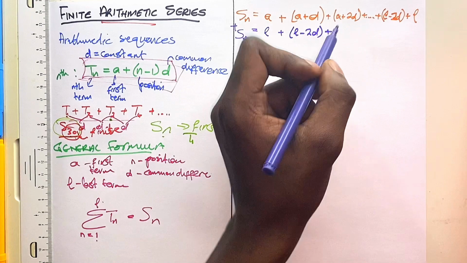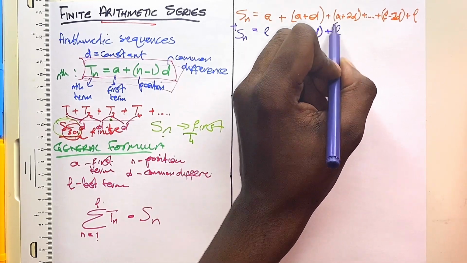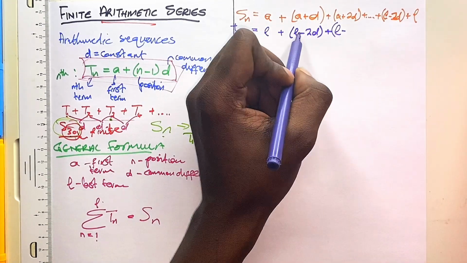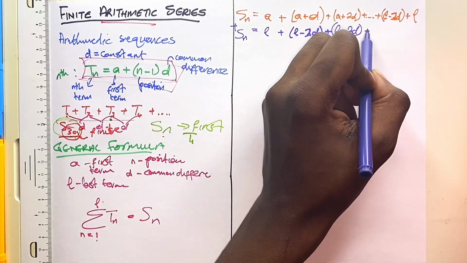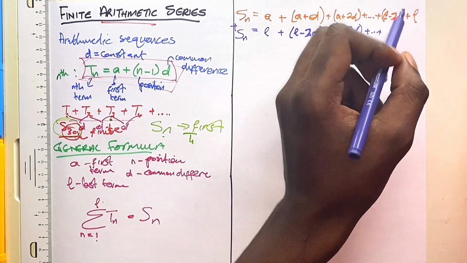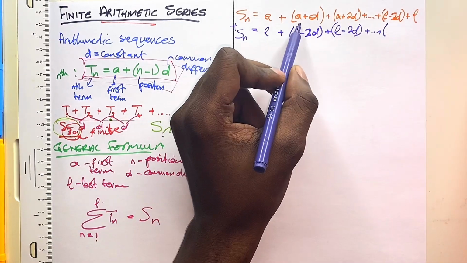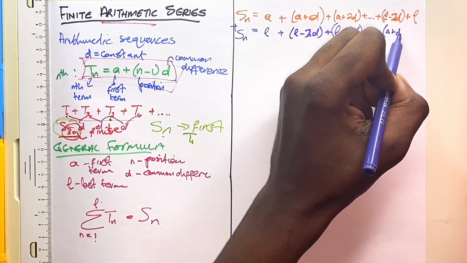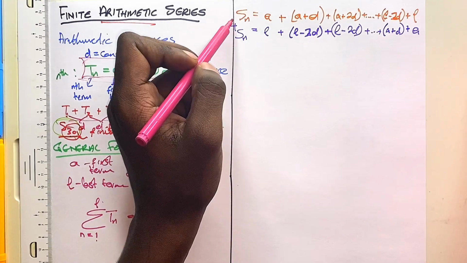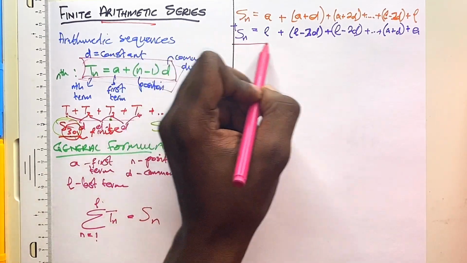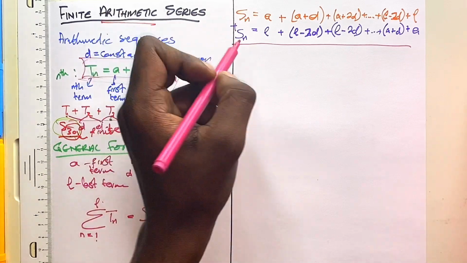Another term that follows that will be L minus 1D, L minus 2D, all the way until I get to my second term, which will be A plus D, and my first term will be A. If you add these two sums, what would you get? Now Sn plus Sn will give you